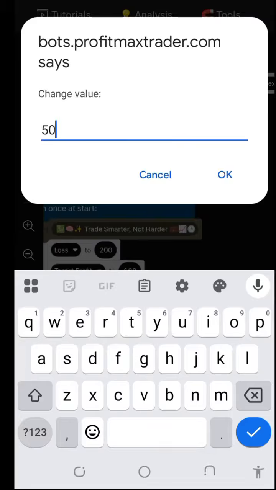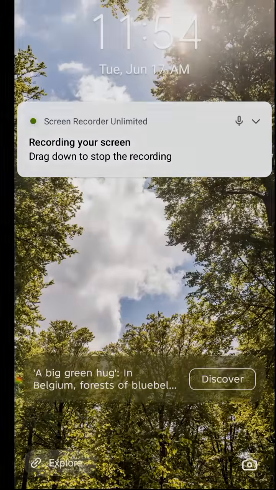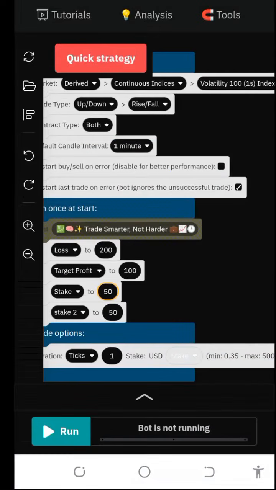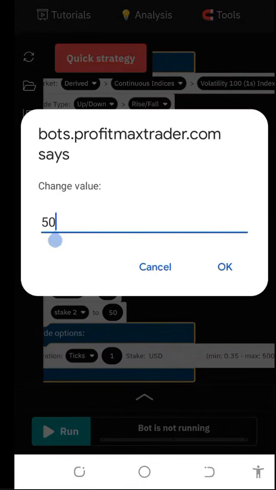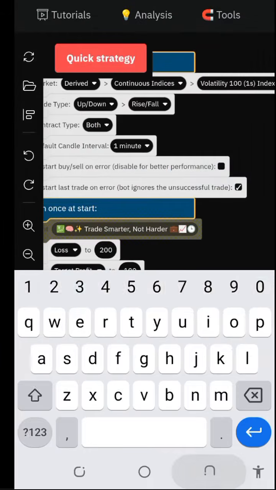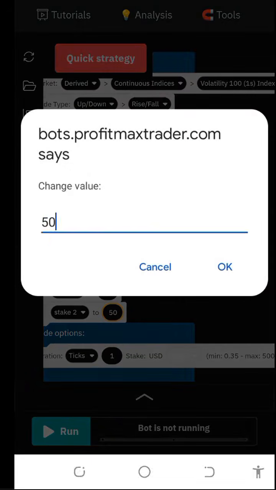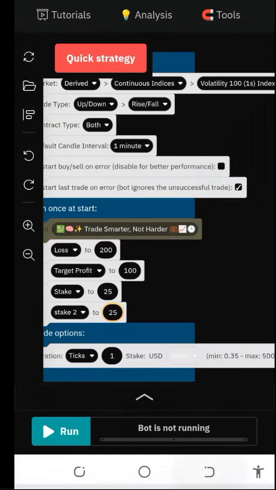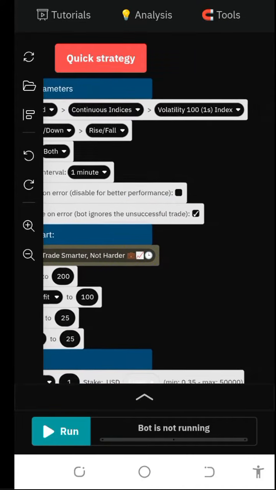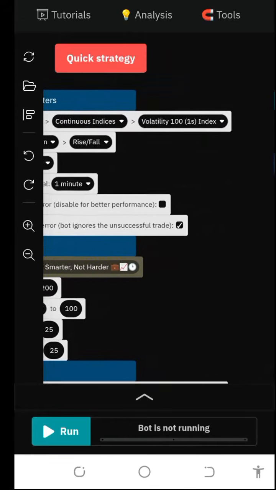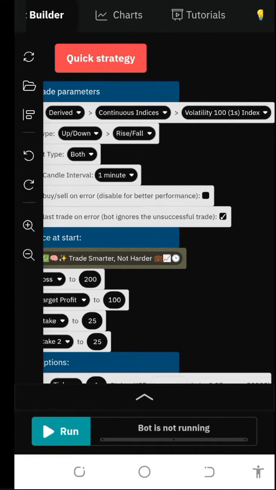Sorry, my phone was kind of hanging. Let me refresh everything again. Okay, we are back. So we'll be staking $50, input $50 twice. No, I mean $25. We are staking $25. $25 twice. And then after that, the bot is almost ready to run, but we need to go to charts